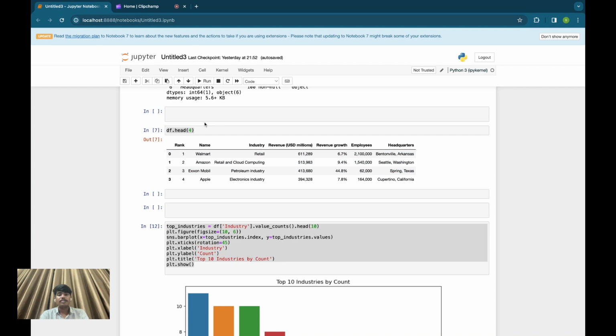I have said this df.head in the previous clip, but df.head 4 gives us the four companies' revenue in descending order. Means first it gives the company which is earning a huge amount in USD millions. See, Walmart is a company which generates 611,289. Amazon is a company which generates